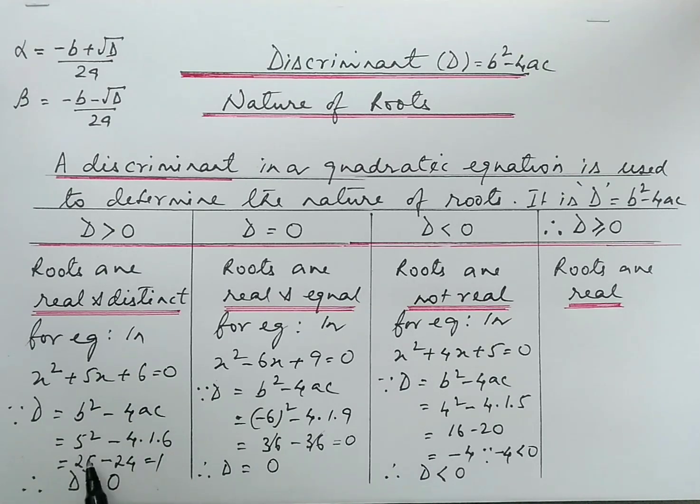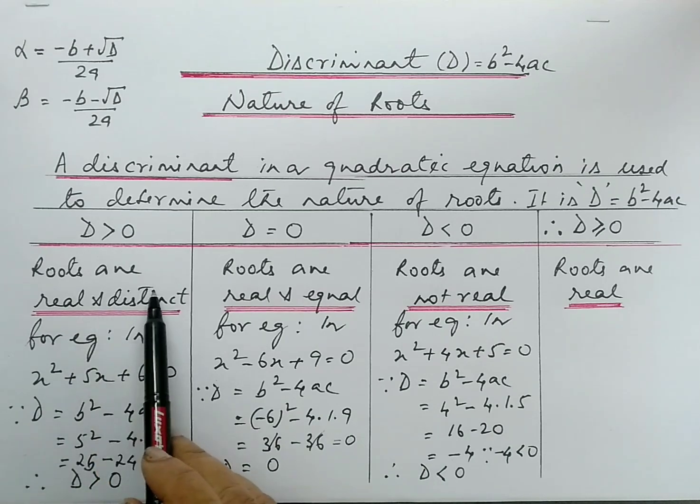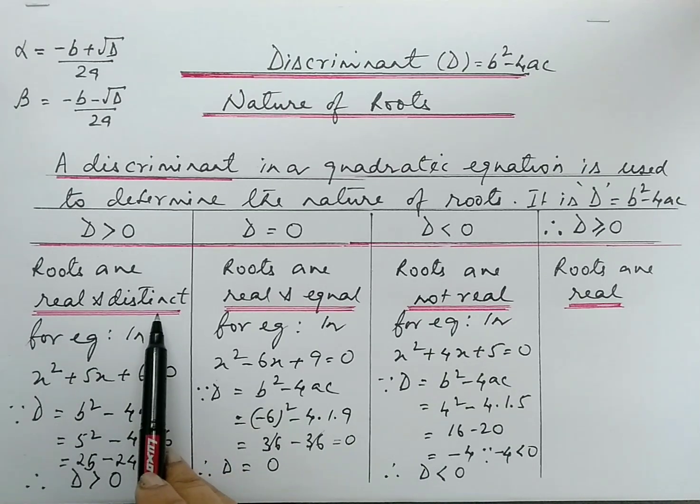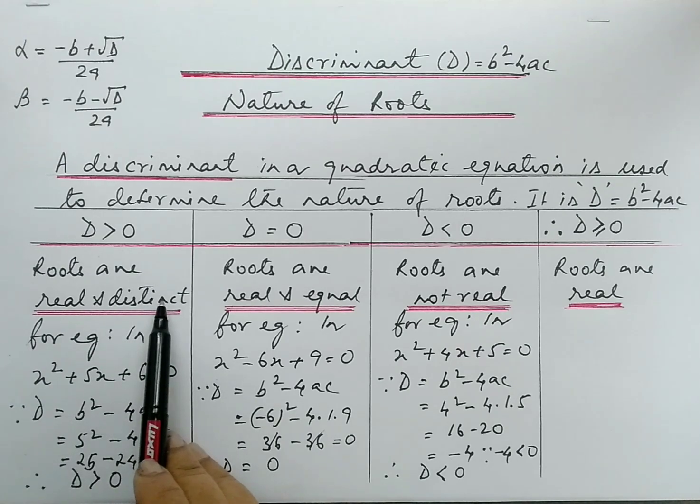Correct? When 5 is squared, we get 25 and 4 into 6 is 24. So 25 minus 24 is equal to 1. Now we know that 1 is greater than 0, isn't it? Which means D is equal to 1, so D is greater than 0. In the cases where D is greater than 0, we can say that the roots will be real and distinct. Distinct as in different,